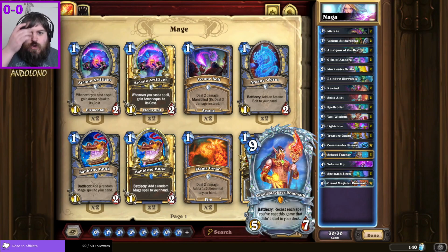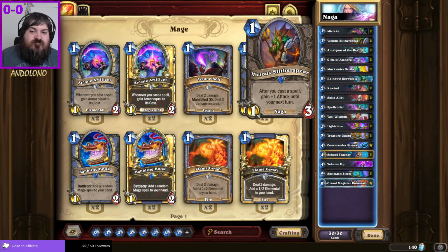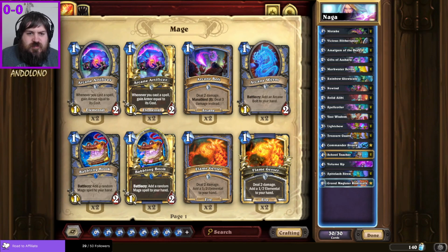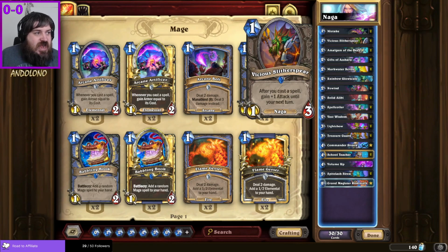I will say that it's not a great matchup regardless, though, because they can put some pressure on early, and you still need to get the full combo, which means you need to draw through your deck. But it's not the worst matchup in the world. Then some people run Flame Geyser because the big weakness of this deck, from what I've